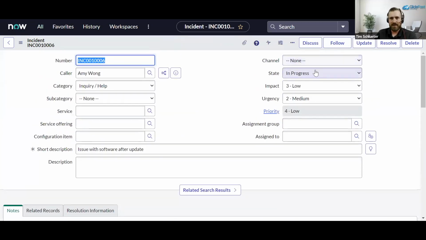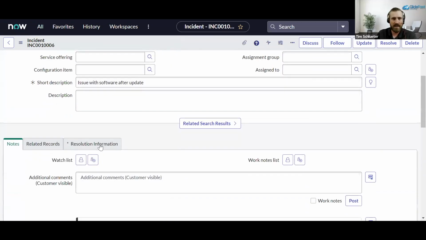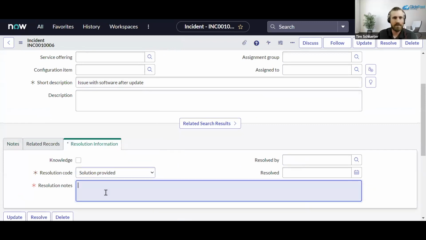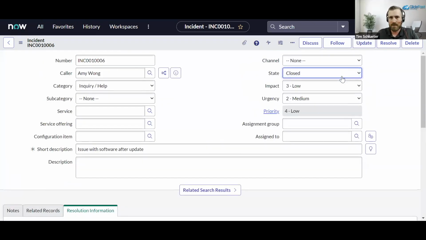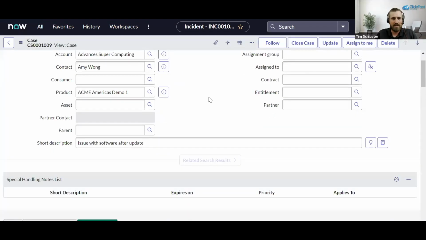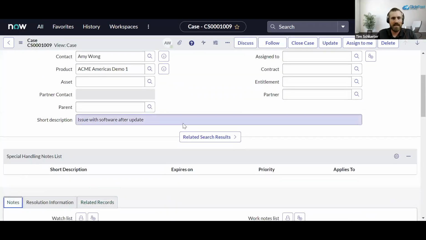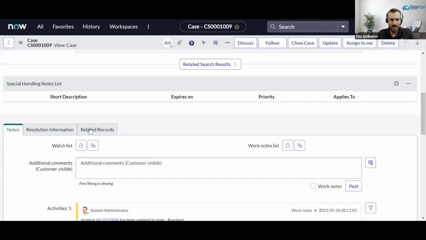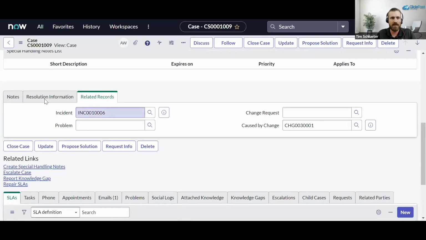So let's say the fulfiller is all good, closed out. Actually, we'll do that the proper way. We'll resolve it. So here the agent would be able to see that it's been resolved, that the fix is provided. So it'd be up to the agent to come in here, propose a solution